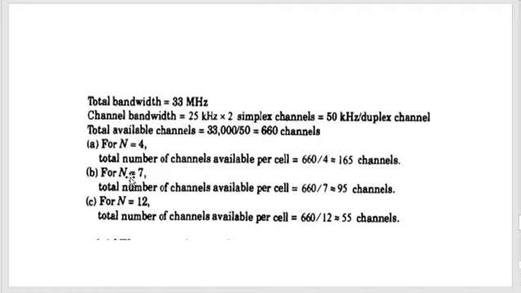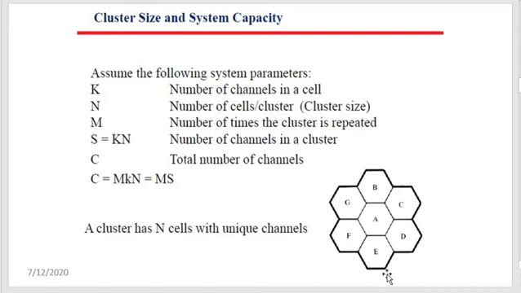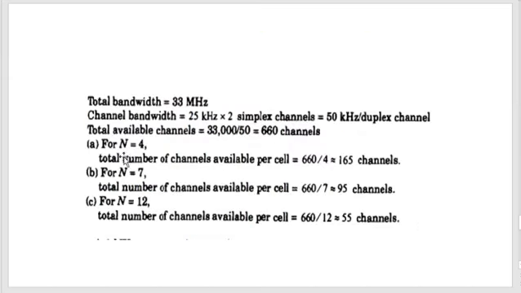Now n equal to 7 will give you a better idea, because we have been taking n equal to 7 only. So n equal to 7: sorry, the total is coming out to be 660 channels. I said 600 by mistake. It is coming out to be 660. Now n equal to 7, so again I will take you there. This is 660, this is 7 cells: 1, 2, 3, 4, 5, 6, 7. How many channels will be allocated per cell? 660 divided by 7, which is about 95.